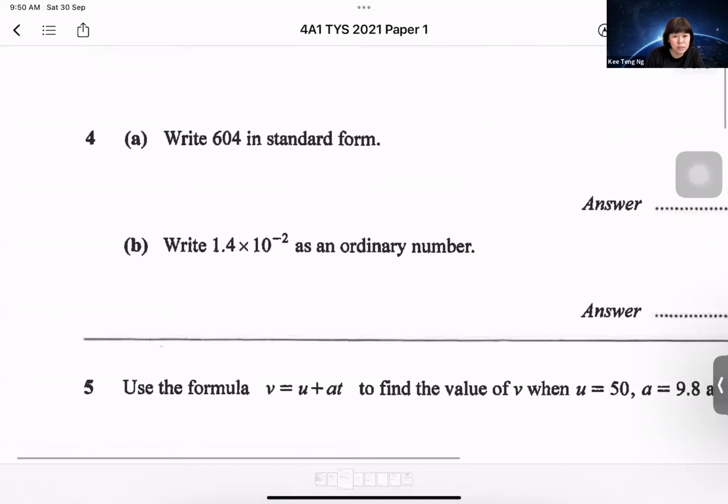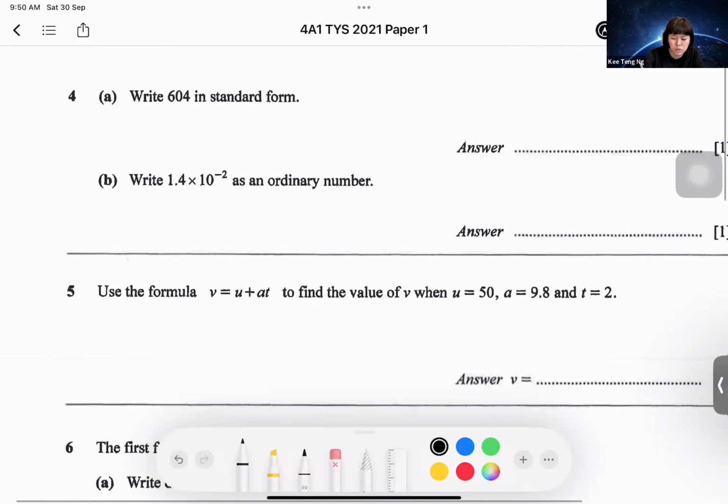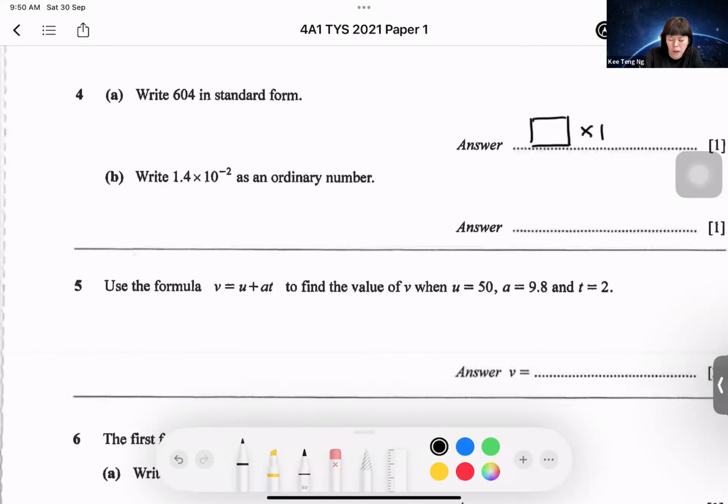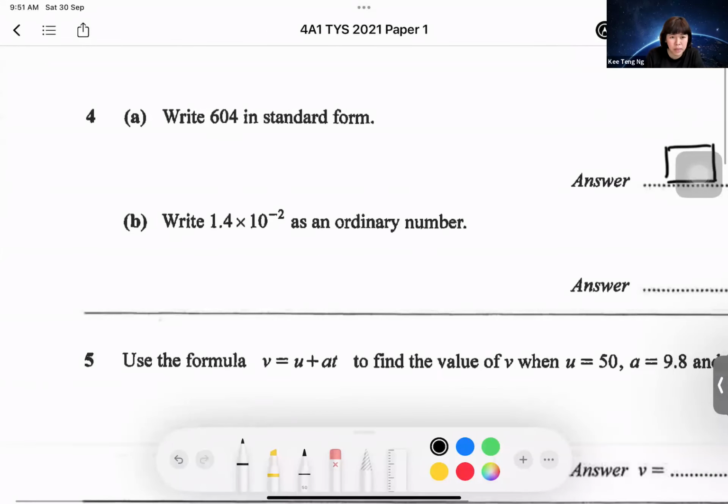Now write this number in standard form. When we want to write a number in standard form, we need to have a number smaller than 10, bigger than 1, times 10 to the power of something. Okay, so in this case, we need to think, how are we going to put the decimal place to make the number become smaller than 10 but bigger than 1? So we will have to put our decimal place at